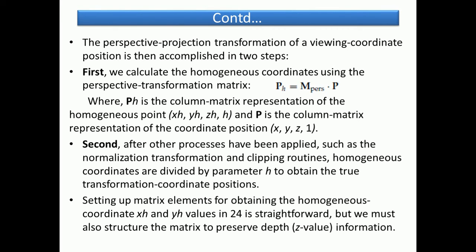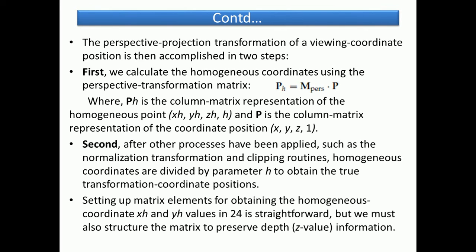Actually, the perspective matrix would be concatenated with the other viewing transformation matrices, and then the composite matrix would be applied to the world coordinate description of a scene to produce the homogeneous coordinates. So this is the first step.